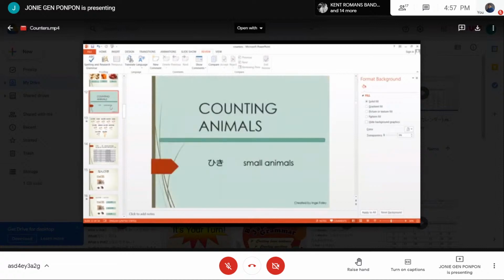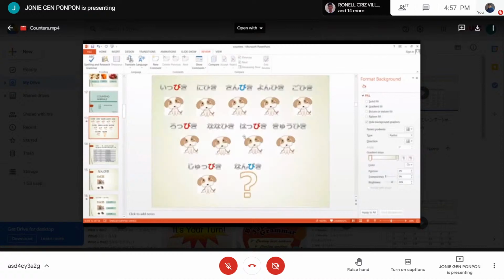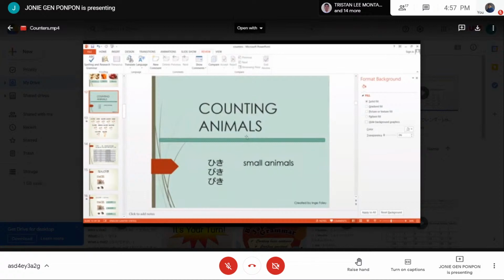For the animals, okay, you will have now the suffix hiki. Okay, hiki, or you can use here biki and piki. So 3. Depende yun sa ilang pieces. Okay, so let's continue. For one piece, sorry. For one animal, okay, so for counting animals, if you say,